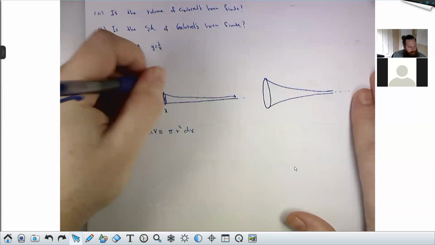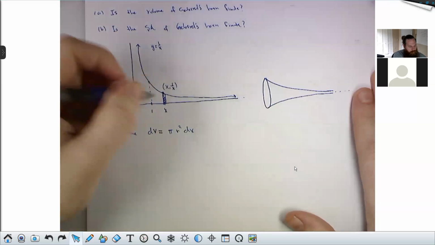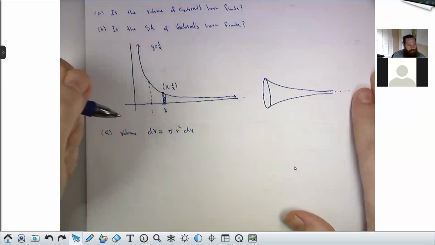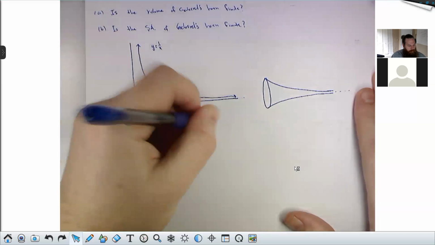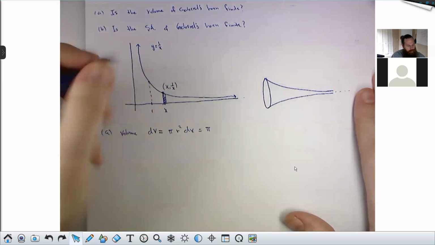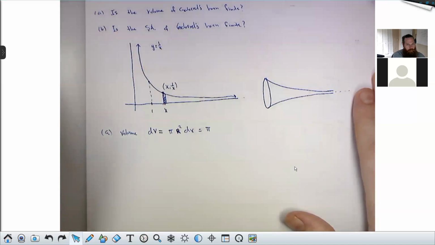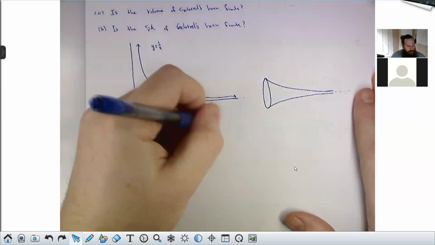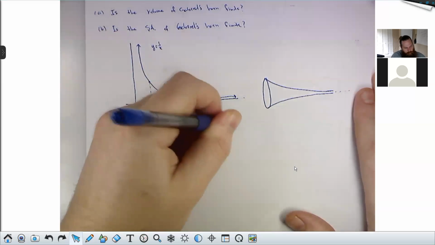And r here is the distance from the axis of rotation to the far end of my strip. So this is pi times, there's really only one r here, right? I think we were using capital R for this earlier. So this would be pi times 1 over x all squared times dx,